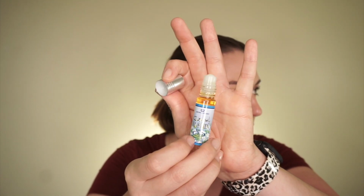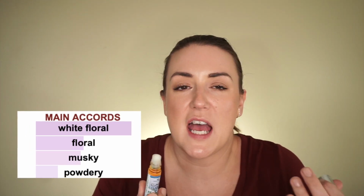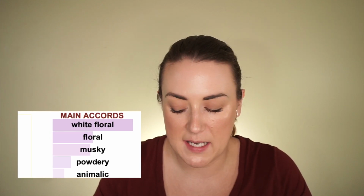So again, a lot of these scents are made to kind of mix on your skin, and you can make your own sort of concoction. So maybe if I mix these with something, I might feel a little bit different. But the first one is Jasmine. And here it is. This, I mean, you do get the jasmine. It is very floral, but it's a stronger jasmine, and it reminds me of